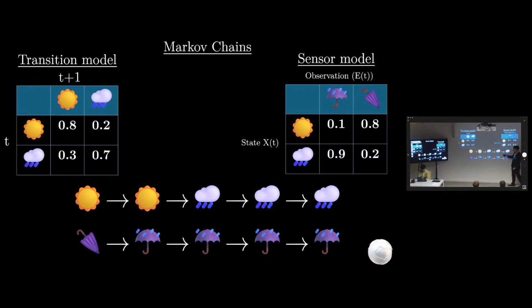Then you could create upgraded Markov chains. I'm trying to approximate the actual data using my sensor data. For example, I could tell, okay, people didn't bring an umbrella today, so it was a pretty sunny day, and given that it's a sunny day, tomorrow is going to be a sunny day. But tomorrow, people bring an umbrella. So it probably means that people saw clouds in the sky, and that's why they bring an umbrella. So tomorrow is going to be a rainy day, and people bring an umbrella, and then afterwards a rainy day, and people bring an umbrella again.